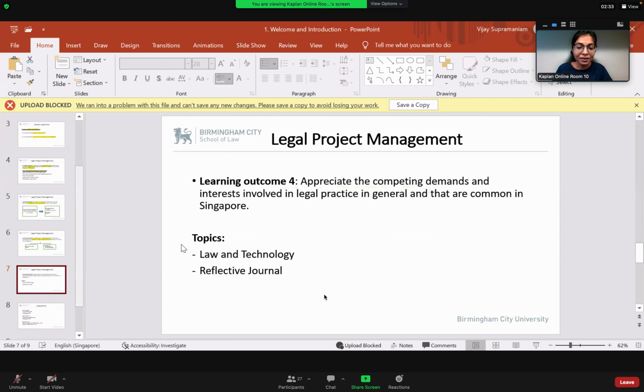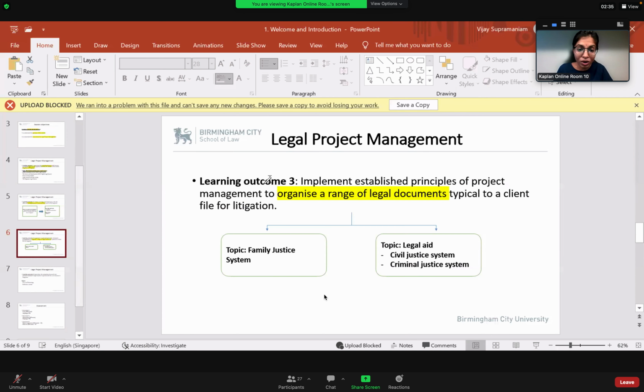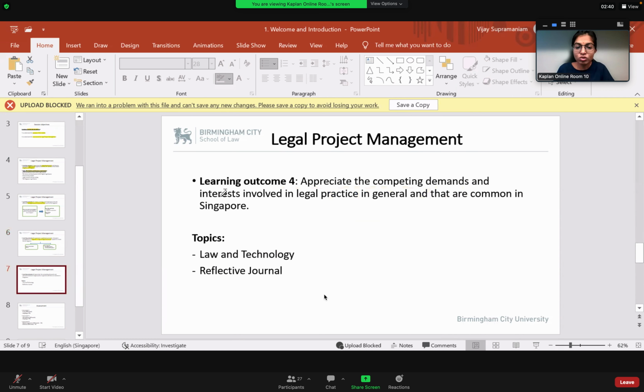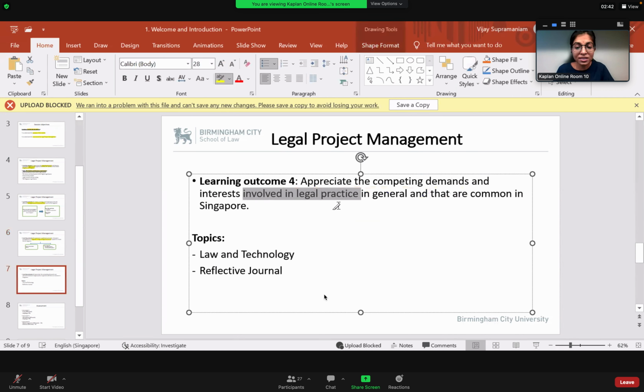All right, then the next is again learning outcome 4. Sorry, that was 3, and this is learning outcome 4. This is to look at how the legal practice has evolved over the years. This is where I told you we'll go through the law technology, and I know by now you have done a lot of reflection, right? Correct? So here also, part of your assessment, you've got reflection, but it's just a short reflection, not very long. Okay, it's an important aspect, but not the main focus of your assessment.